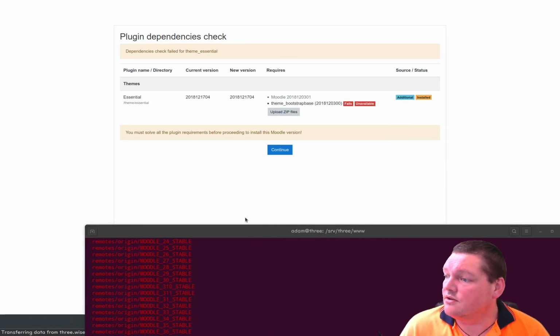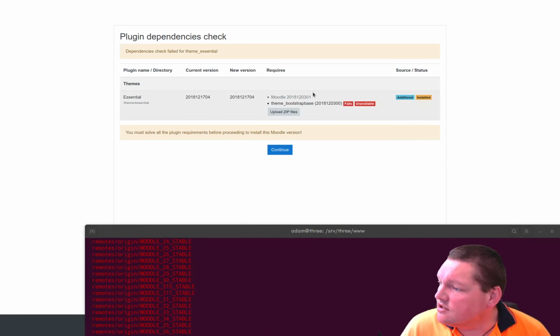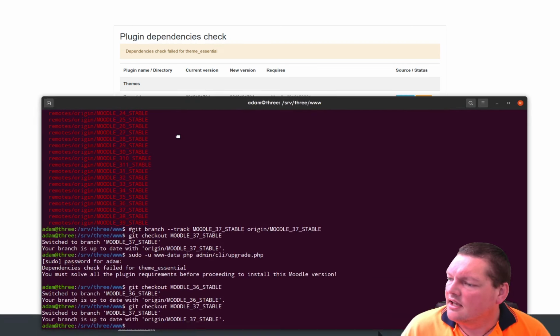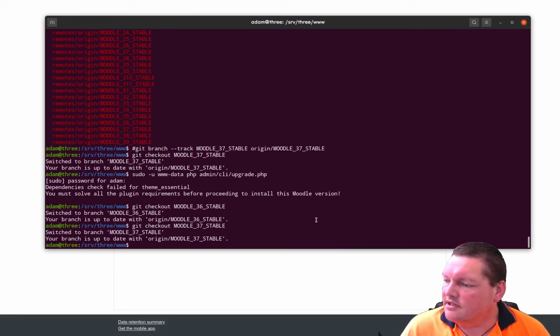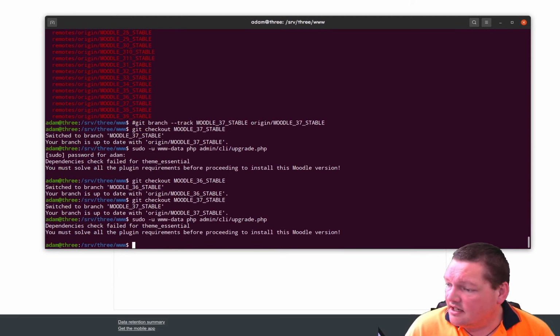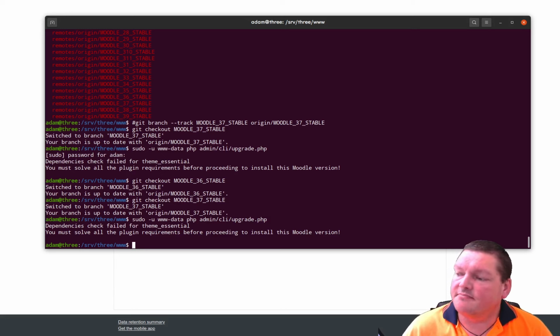Okay. So it does not look like I can actually break this Moodle properly. I should have chosen a different plugin maybe. But anyway, okay, I can't do that. It's not letting me. So if you run into this problem and you go, okay, fine, but I do want